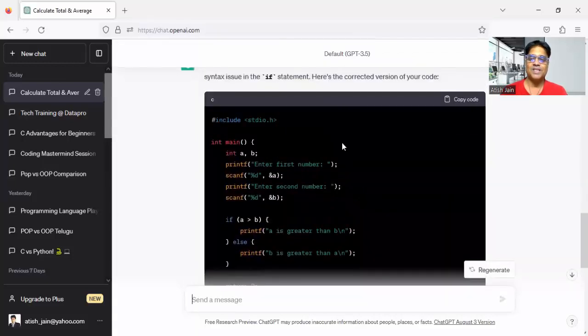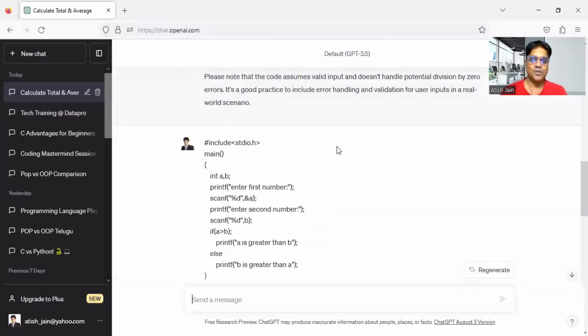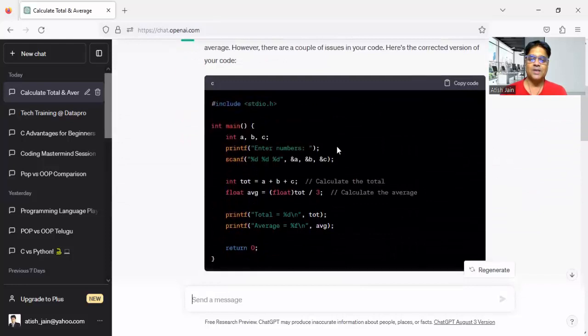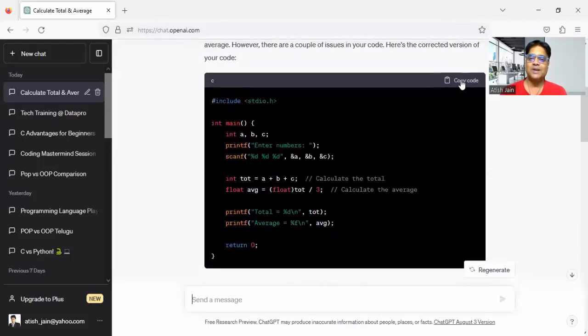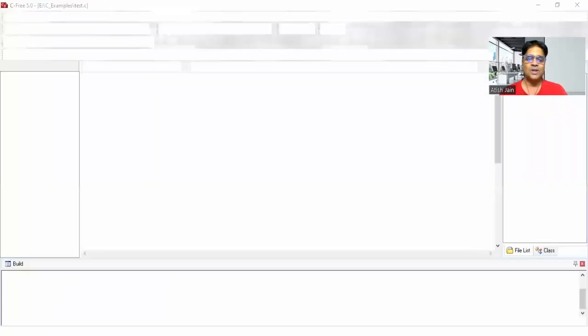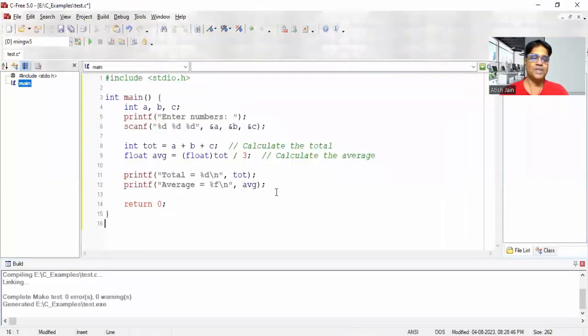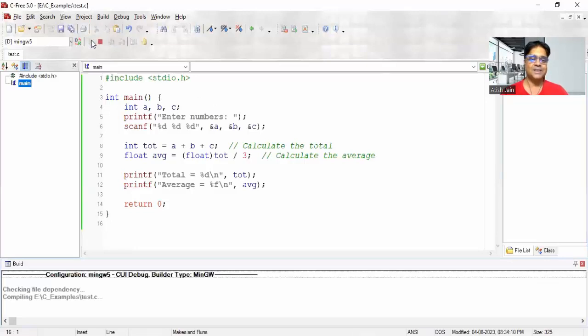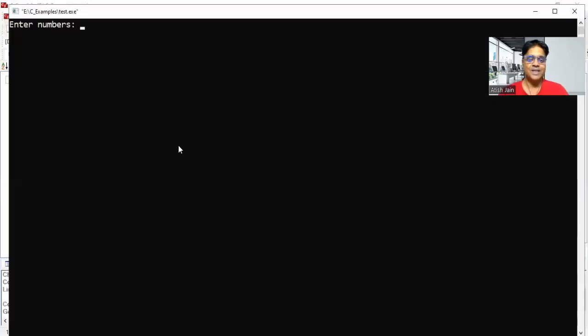And guys, if you want to test this, if you want to test the first application, you can simply click on this copy code, go to your program, and paste it. These are the three numbers program. I'll run it and see whether it's working fine or not.